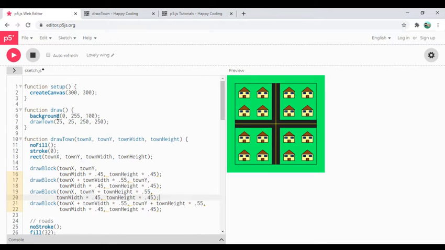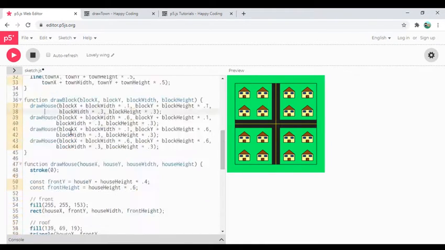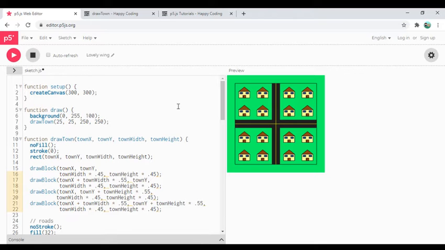The draw function is called automatically 60 times a second. The draw function calls drawTown, drawTown calls drawBlock, and drawBlock calls drawHouse, and then drawHouse finally draws a house. So you have this hierarchical way to organize your code and achieve larger goals based on these smaller building blocks. From here, I want to take it maybe one step further,